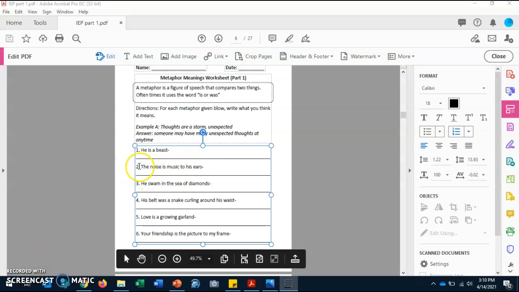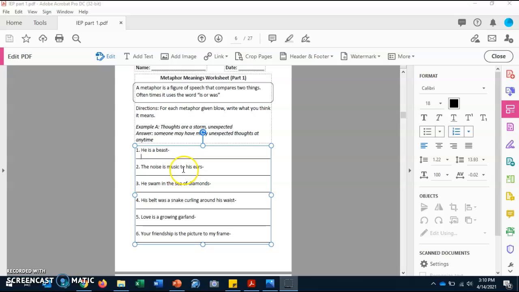So today I'm going to do this one with you. And it says, the noise is music to his ears. What do you think that means when you hear the noise is music to his ears? When I hear that metaphor, to me, it means that that person is really enjoying what they're listening to. It's music to their ears. It's exactly what they wanted to hear. So I'm going to put here